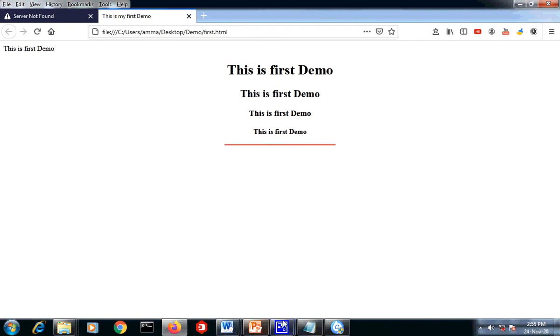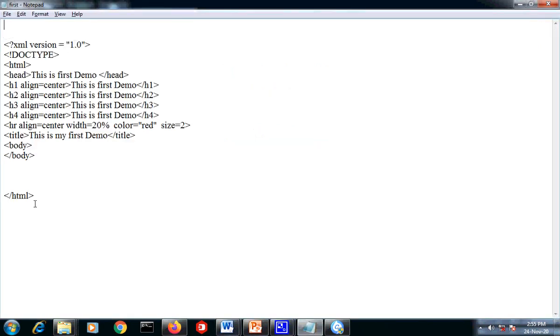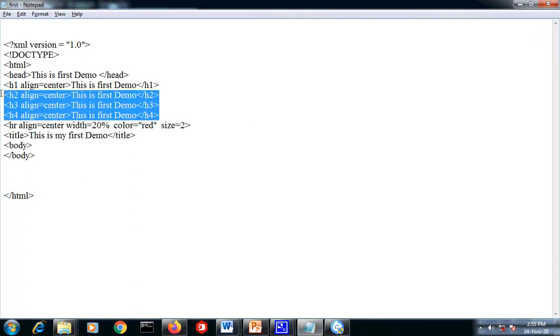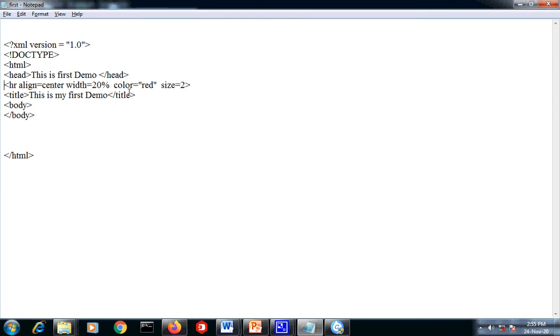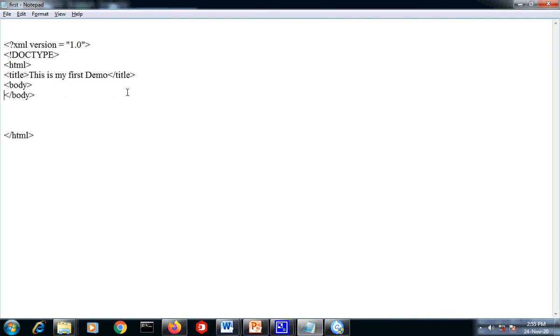Now you can see the next modifications also. In body, you can give the properties, that is background color, BG color or background.